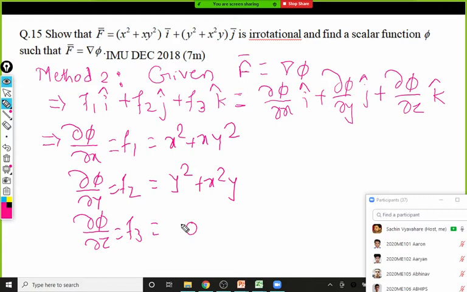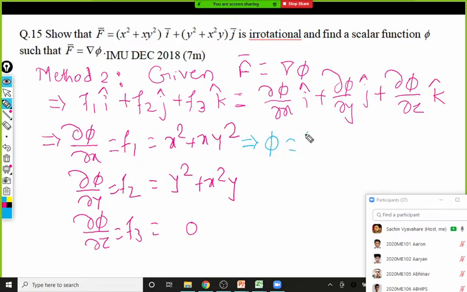Yes, I'm asking some question here. Integrate. Integration. Very good. So we should integrate now. So integrating, if you observe, if we integrate first with respect to x, as it is a ∂φ/∂x, let me integrate the first equation with respect to x. So yes, tell me the integration.